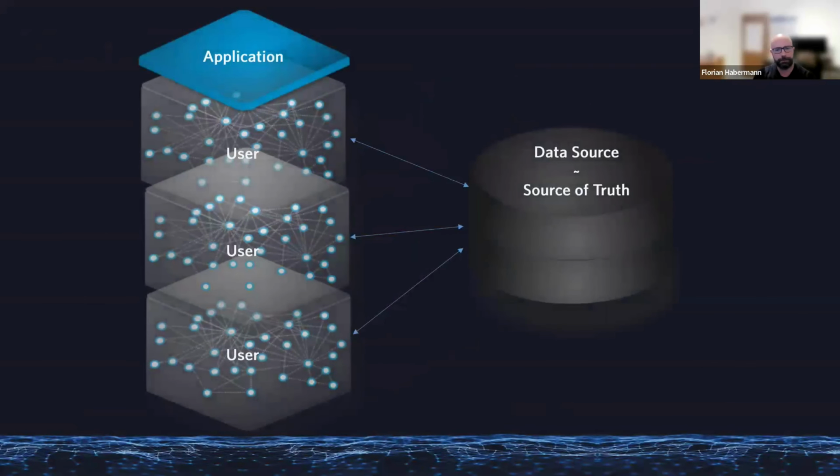Let's see. If you have a classic architecture, let's say you have a relational database on the right side, or some data storage, it's always the source of truth. Meaning the application, which can be a monolith or microservices or whatever,